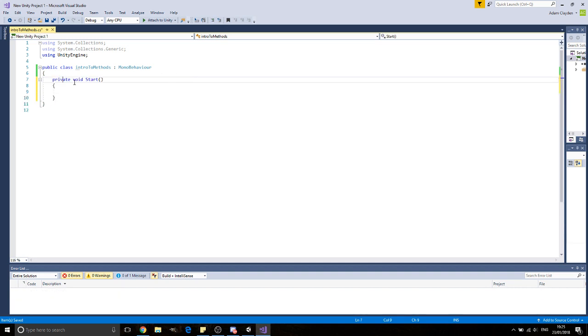So notice how this filled everything out automatically. So let's just delete that and write it out step by step. So a method, right? So let's just type in start method as a comment. So we know this executes once, and every single method has a syntax that you have to follow. So it begins with